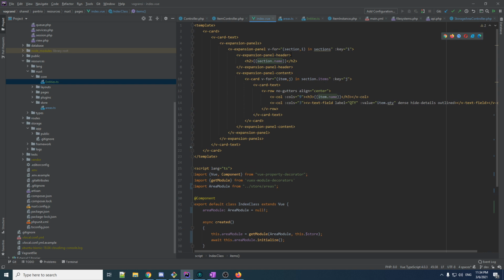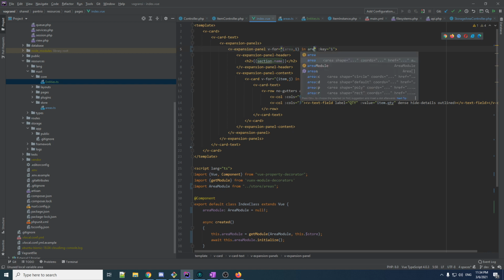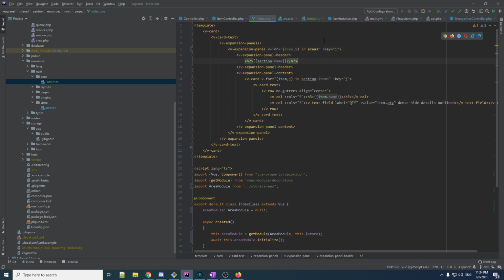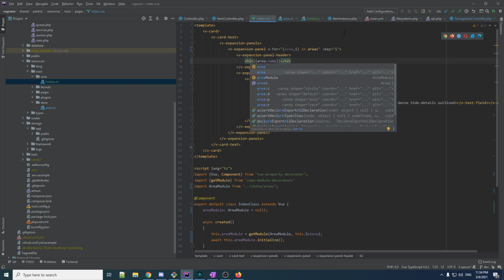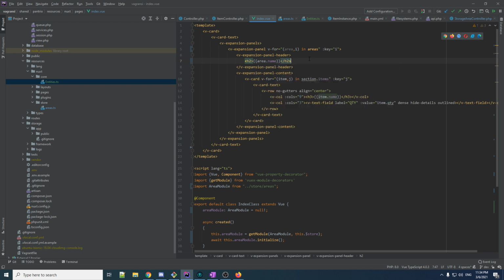So we're going to have one panel for each area. So for v-for, it's not section. It is going to be area in areas. We're going to put the area name. That much is pretty clear. Then here's where things get interesting. For each instance in